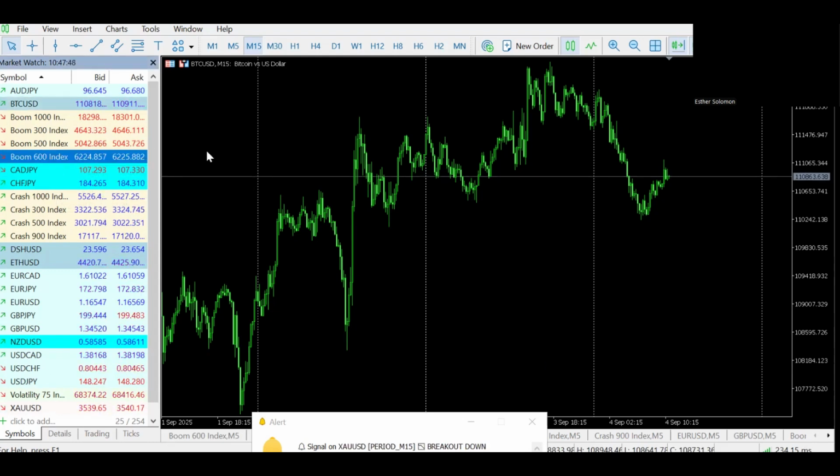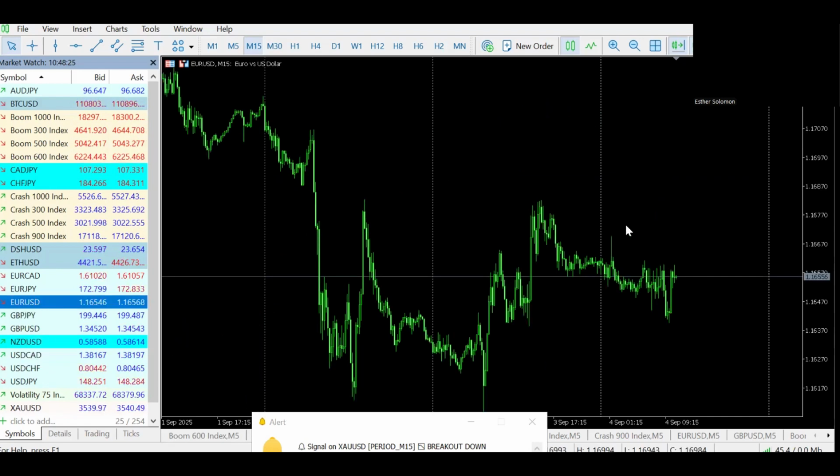Maybe if you're the kind of trader that trades only GBP USD, you can decide to trade any other currency pair at a particular time. Maybe you don't have a good setup in GBP USD at that time. You can decide to trade another currency pair, but with a lower risk. Let's say you always risk 1% per trade when you are trading GBP USD. Now you decide to trade EUR USD. Instead of using 1%, you can decide to use 0.5%. That's if you really want to trade. Else, you just stay off the market.